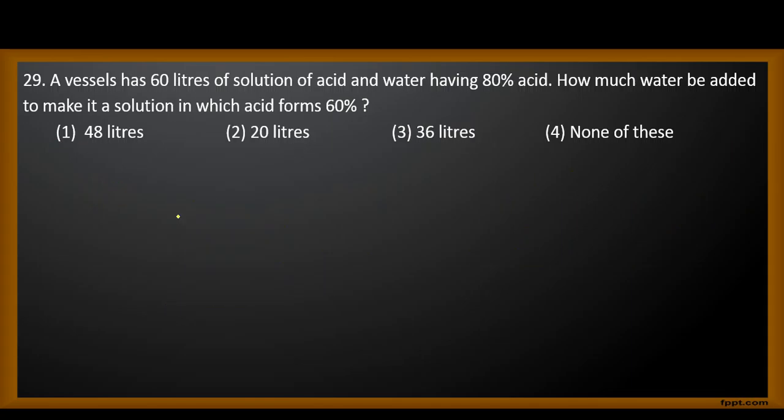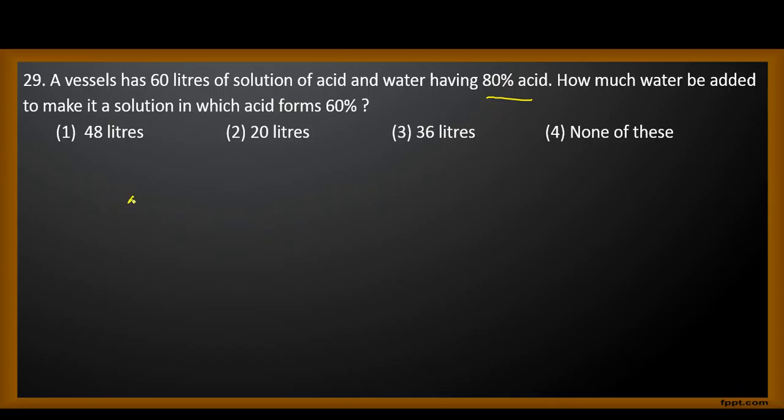A vessel has 60 liters of solution of acid and water having 80% of acid. How much water must be added to make it a solution in which acid forms 60%? Now what he's saying here is,